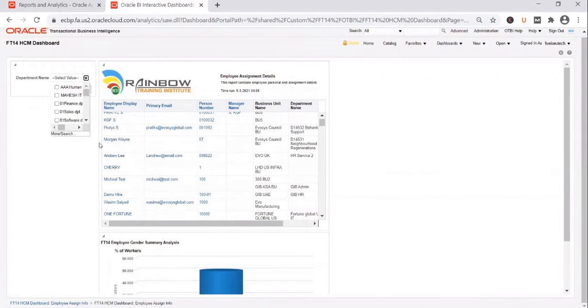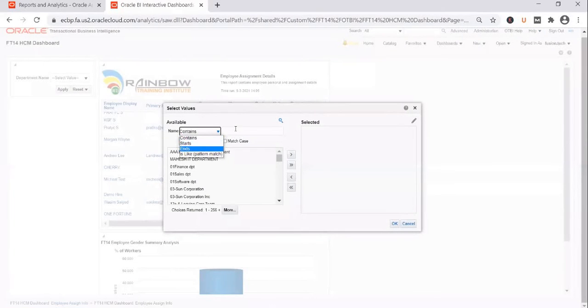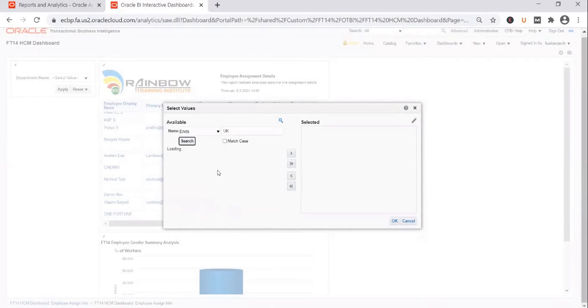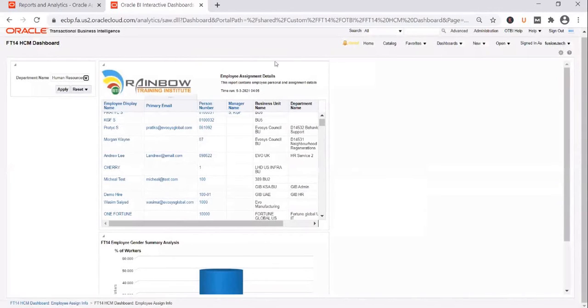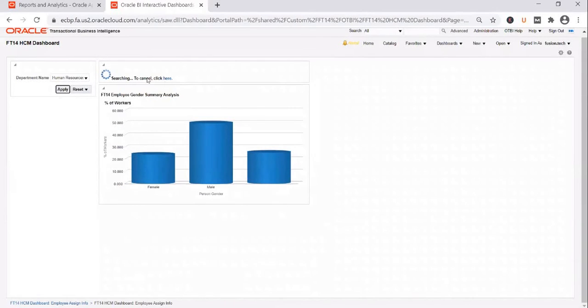Okay, so you click on the drop down, select a couple of departments. Say for example, ends with UK. And the moment the selection changes, you should see the reports getting executed again. Select Human Resource UK and say Sales UK. Select a couple of them, it's okay. And the moment you click on apply, you will notice that this report is getting executed again, but not this one because we didn't add a prompt here.